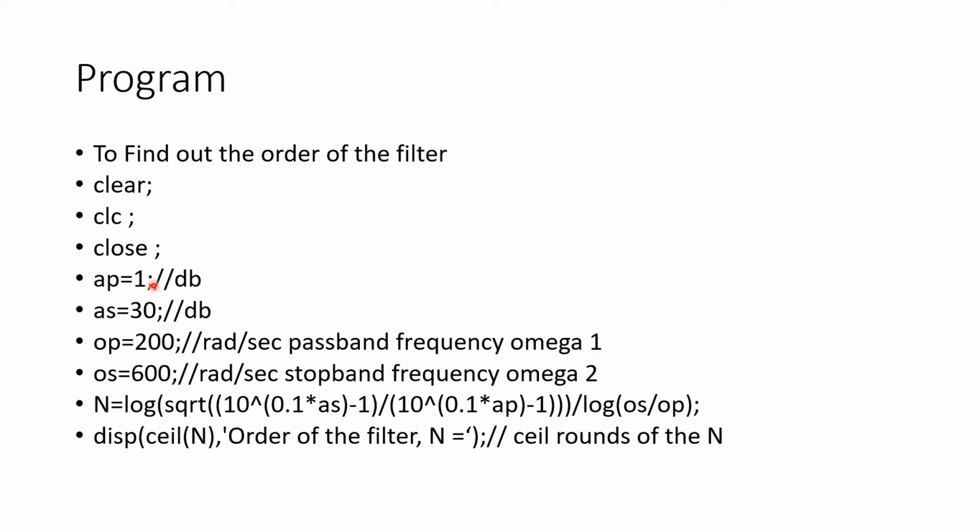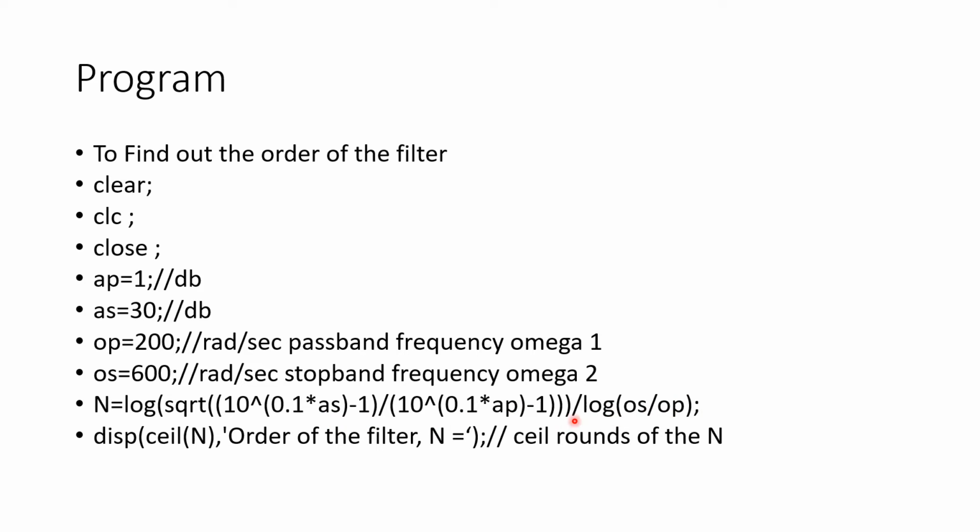So AP is the pass band gain in dB. AS is the stop band gain. OP is the pass band frequency in radian per second. OS is the stop band frequency in radian per second again, and this is the formula to calculate the order of the Butterworth filter: 10 to the power 0.1 AS, that is alpha S. We have seen alpha S and alpha P in the theory, so you can replace this A by alpha, for which you have to use special symbols. For simplification purposes, I have written here AS and AP